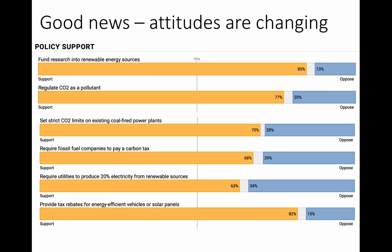So remember, there's also very good news that public attitudes are changing. And again, these are numbers from the Yale survey published in August of 2018. There is public support for changing policies. People do support research funding of research into renewable energy sources. People do believe